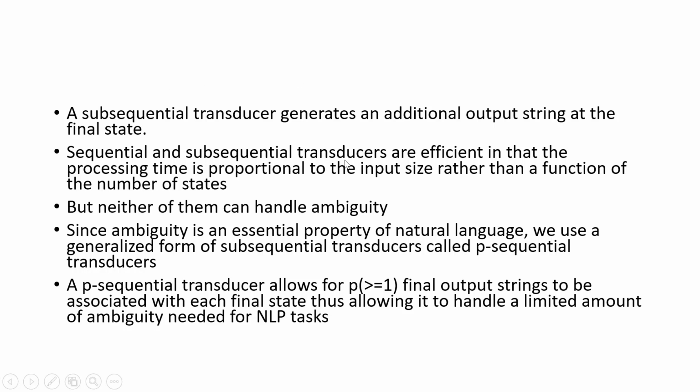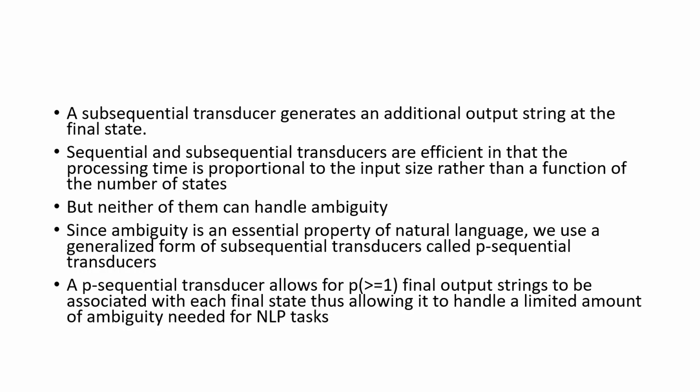Sequential and subsequential transducers are efficient in that the processing time is proportional to the input size rather than a function of the number of states. Because it is deterministic, its processing time depends only on the input size. But neither of them can handle ambiguity. Okay, so we said deterministic means it is totally unambiguous. But when you talk about natural language, we said there can be natural ambiguity in it. So what we want is some system which can handle some level of ambiguity at the same time